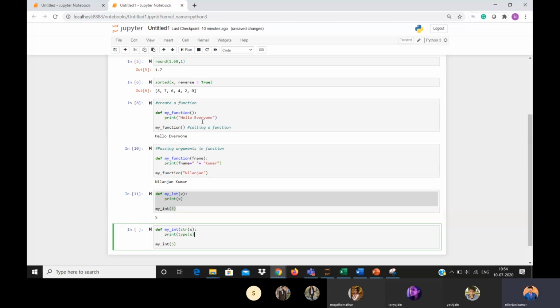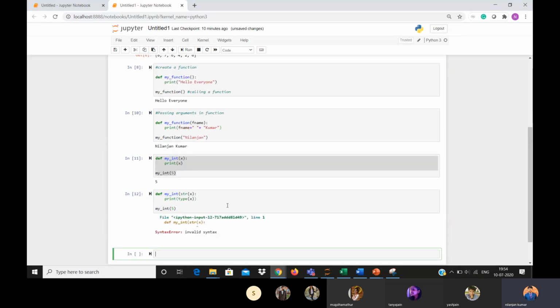Let's see what it gives. It's giving an error. Why an error? Still giving an error. So I think we cannot write any data variables in this, like a string or anything.